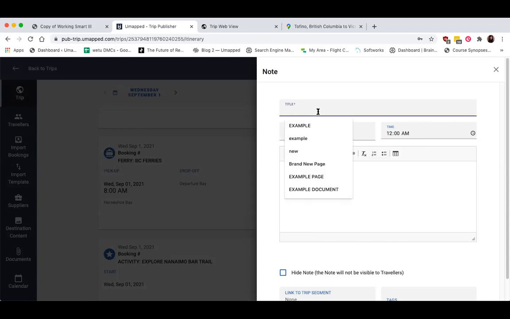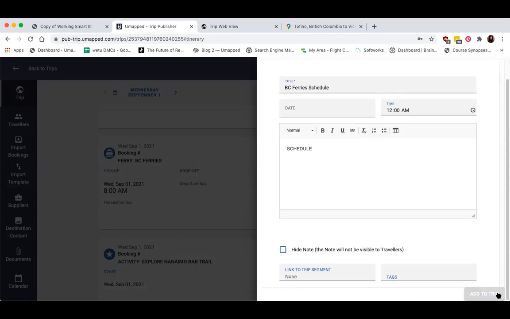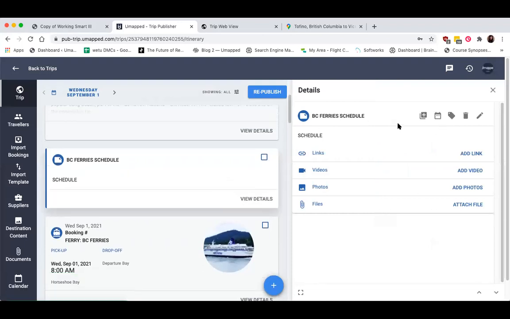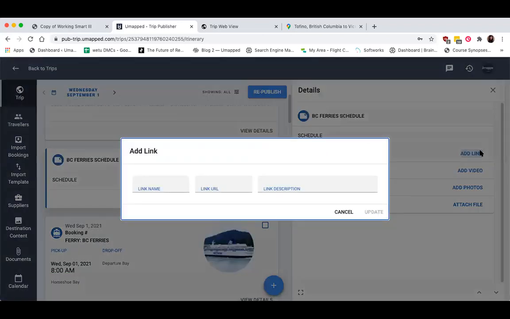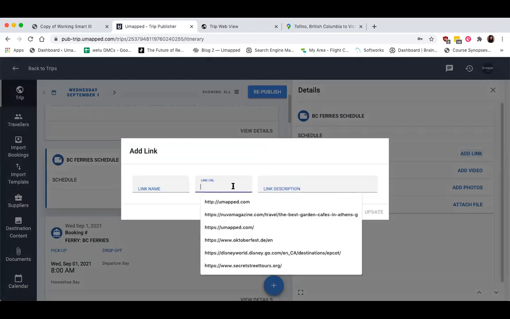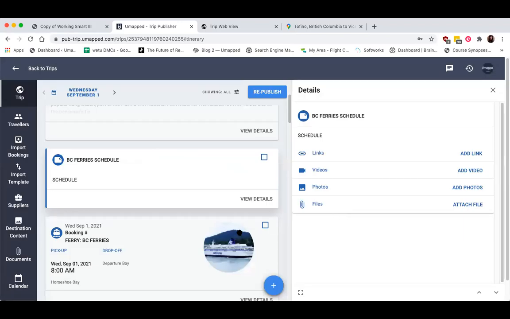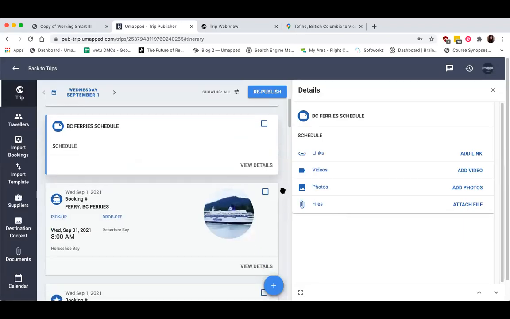So I can call this BC Ferries schedule. There's schedule here. I'm not going to actually put one. Because pages also have quite a number of interactive elements, I could add a link to the schedule website or BC Ferries website or something like that. So there's a couple different ways that you can add links. It really depends how you want it to display.